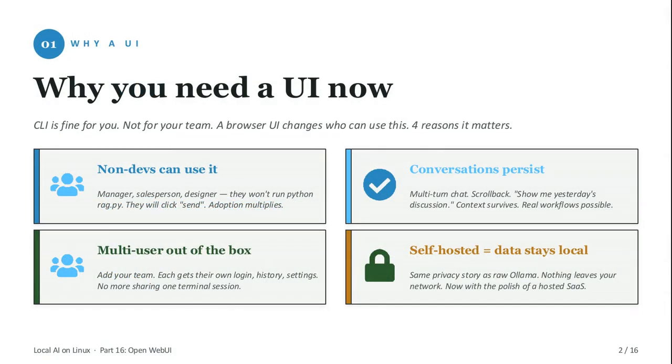So why bother with a UI at all? Because the CLI is a wall. Your manager, your salesperson, your designer, they're never going to run Python rag.py, but they will click send in a browser. A UI also gives you the things a terminal can't: persistent multi-turn conversations you can scroll back through, real logins for each teammate, and the same local-first privacy story as raw Ollama, just with the polish of a hosted